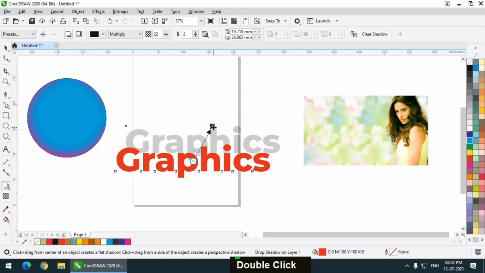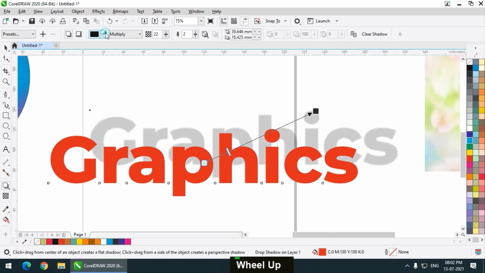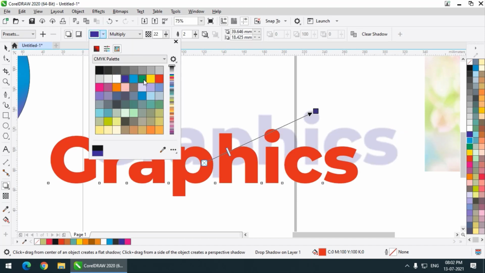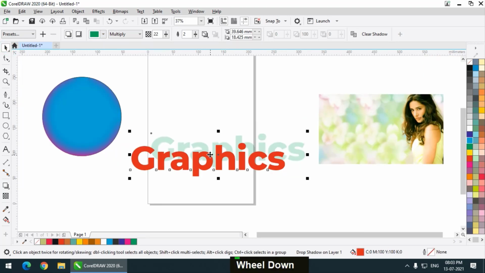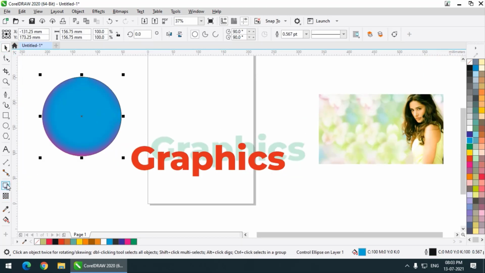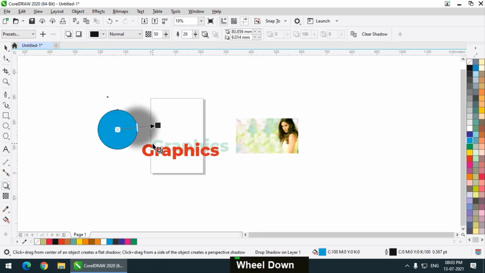We have both the options. Whatever feels convenient for us, we can do it like this. So these are basically the shadow options. As you can see, this is a very common property, shadow. I will apply this to this outer shadow like this.